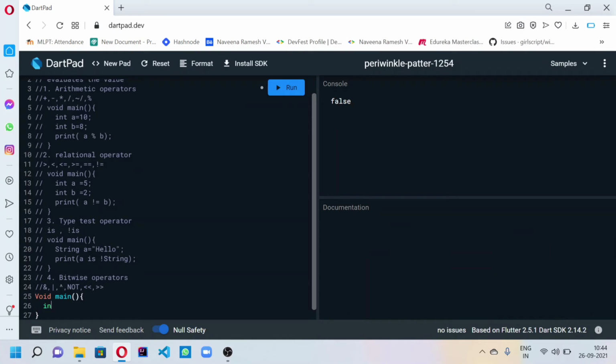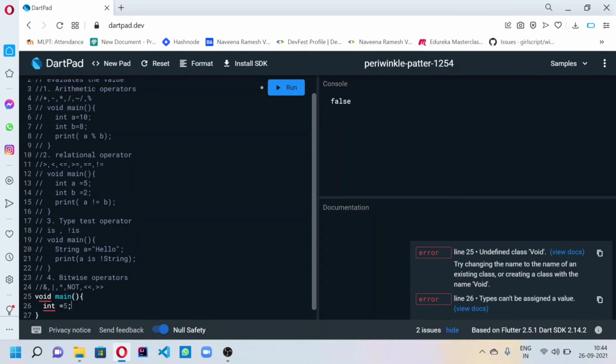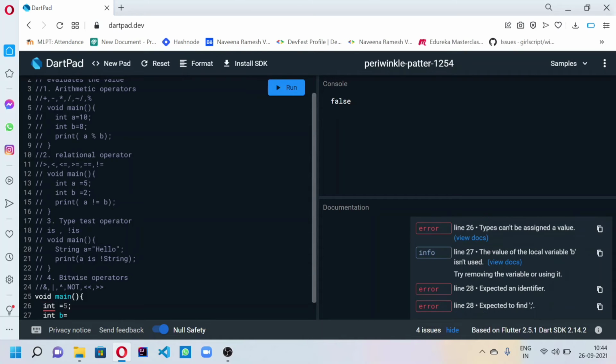Now we check with int A is equal to 5, and int B is equal to 7.